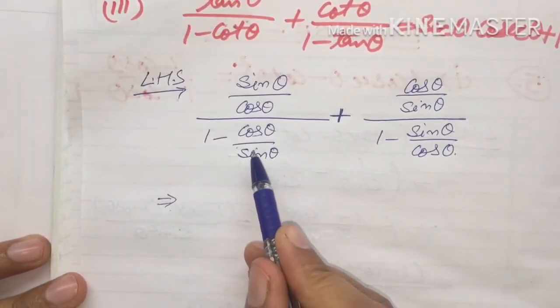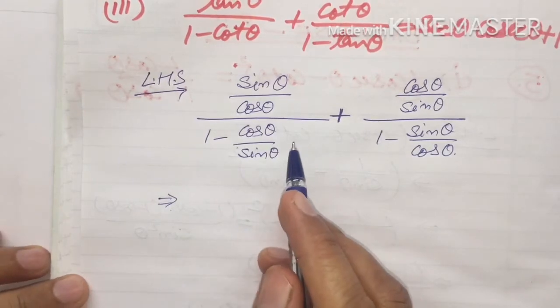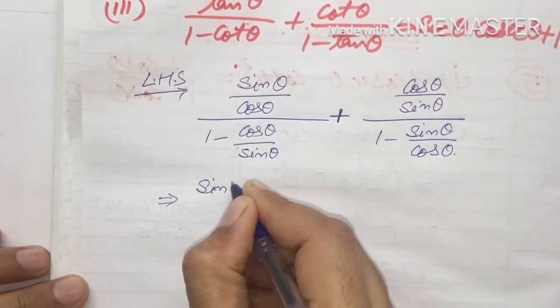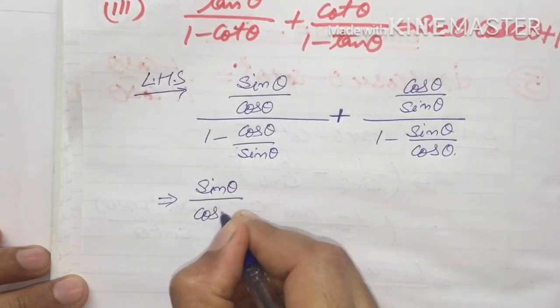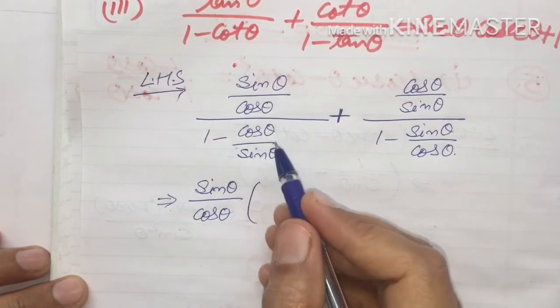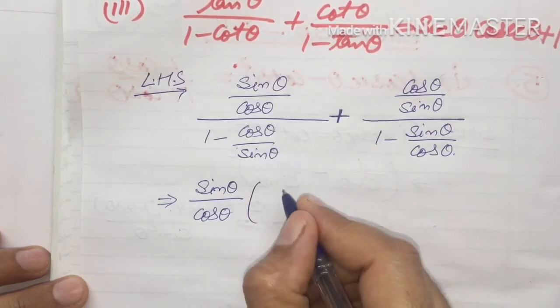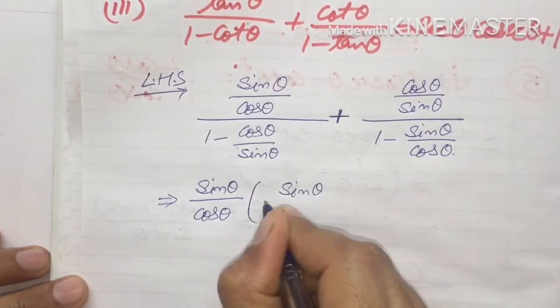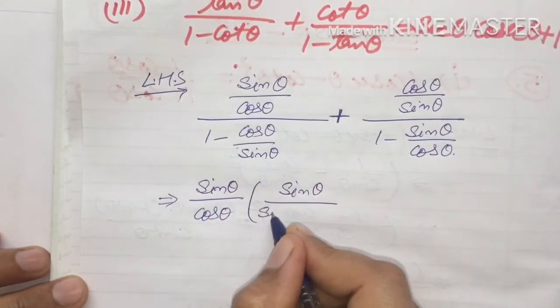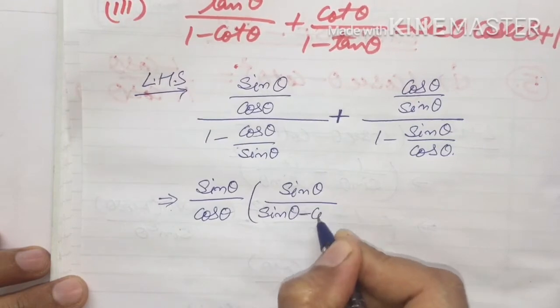So when I will take this down part in the up part, so it will be reciprocal. So in the numerator sine theta upon cos theta is there, and I will put in the reciprocal, the sign will go up. So sine theta upon, we will take the LCM, so it will be sine theta minus cos theta,